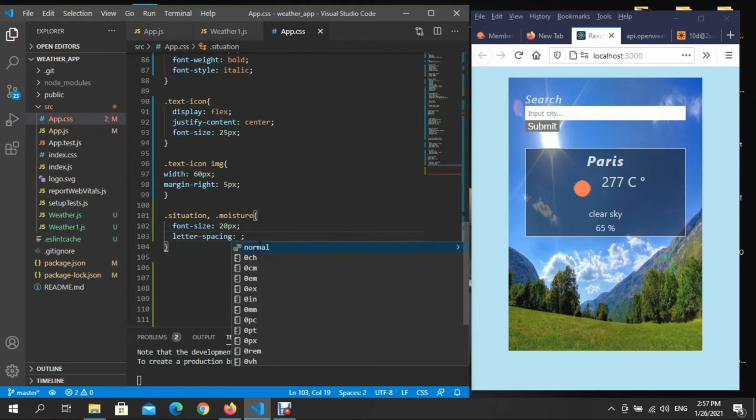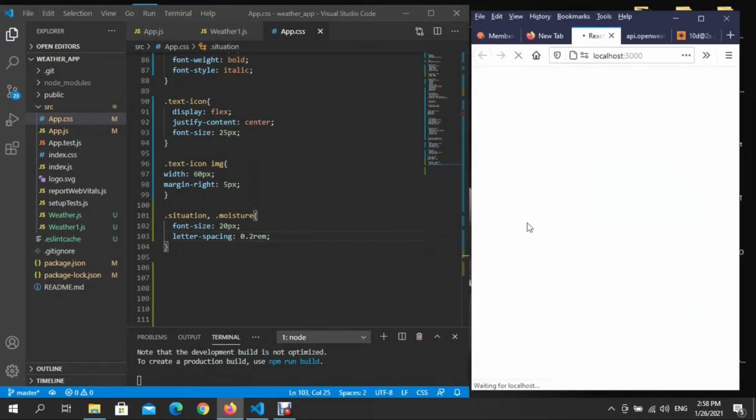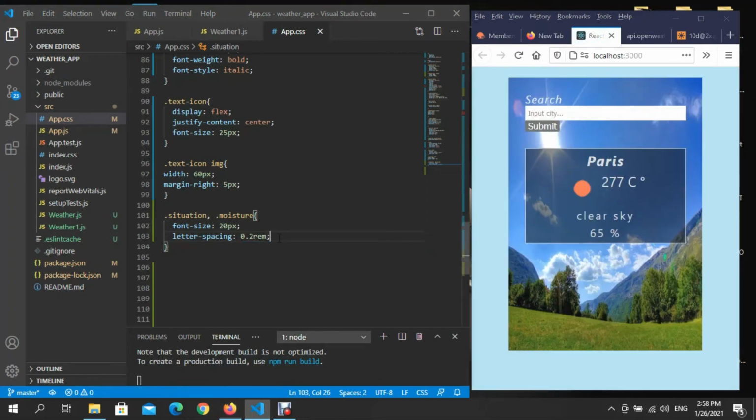Okay, I'm gonna give the letter spacing of 0.2 rem. Not bad. Also a font style. Okay. Let's also,